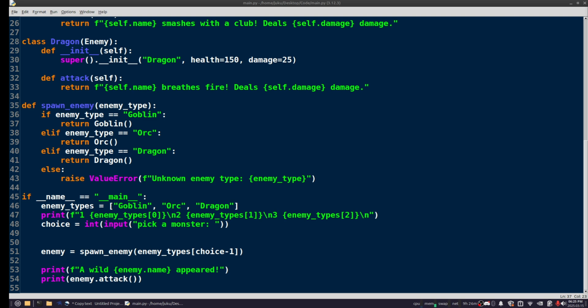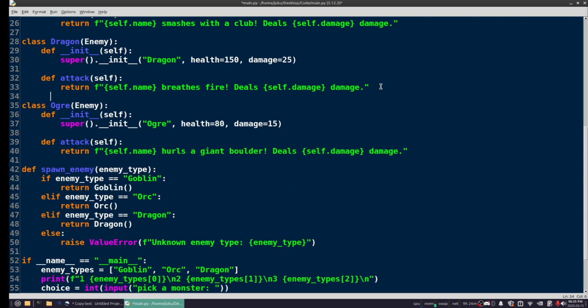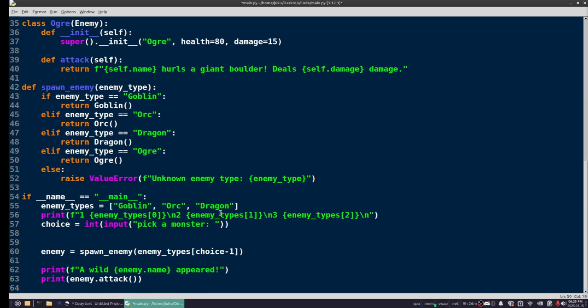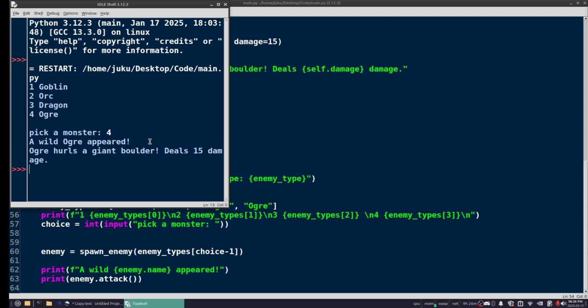where is my ogre? There it is. So we'll make a new ogre. And now we have to change this. If I copy and paste this like that, then we need to type in ogre. We'll spawn an ogre. And then this will be like this. And then we'll have to do that. Make a new thing here. 4 and 3, and now when we run this, we can type in 4, and now we have the ogre